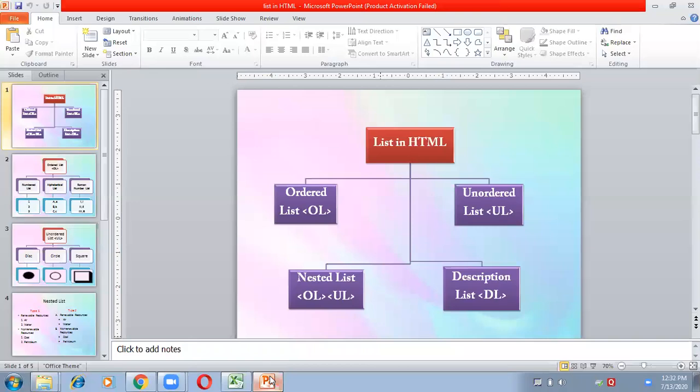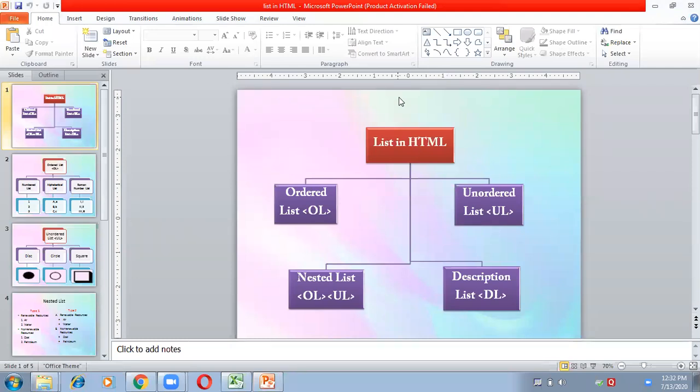Now, what are basically the elements of an effective presentation? This was a question of last year's board exam. What are the good characteristics of an effective presentation? First of all, if you are going to create any type of presentation on any topic, suppose the topic is networking or any other topic, you have to research about your topic first. Your research should be complete, then only you can make an effective presentation. Otherwise, you don't know what has to be added in your presentation and what not to be added in the presentation.